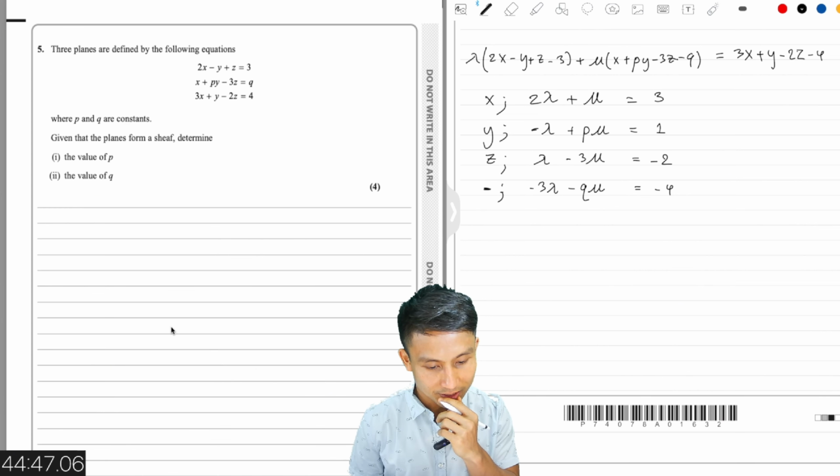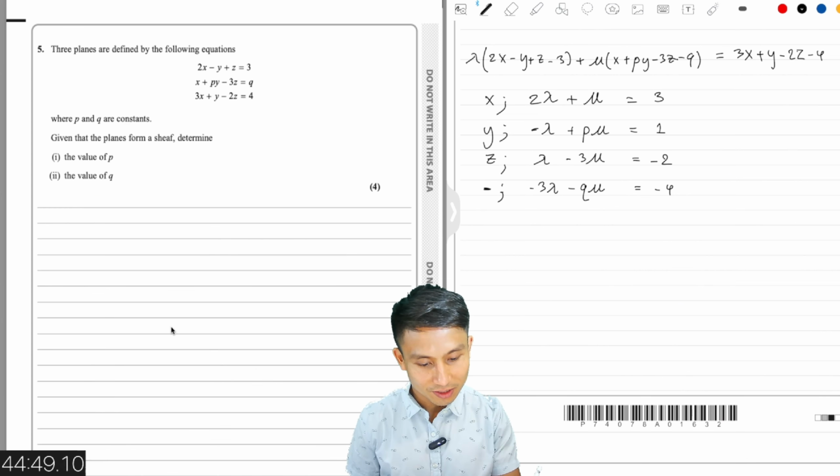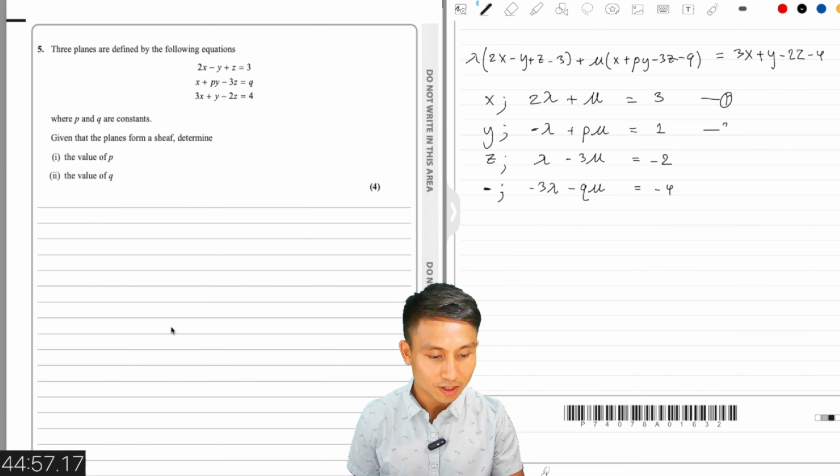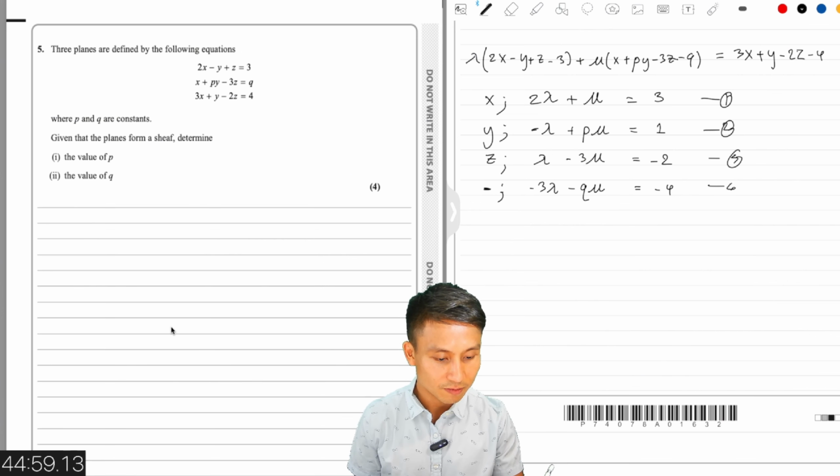Okay. Let me just try. Yeah, look, you can solve the first and the third here first. You would get mu and lambda, and that will help you solve p and q later, right? So I'm just going to do 1, 2, 3, 4. So if I do,